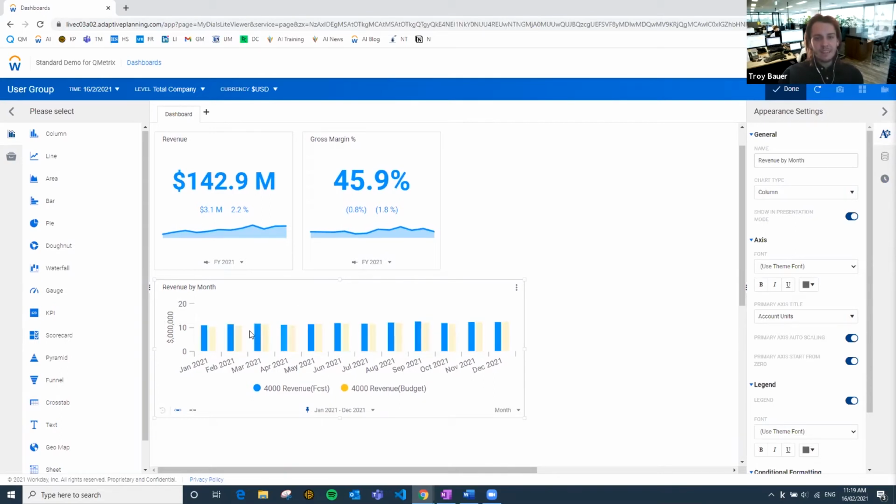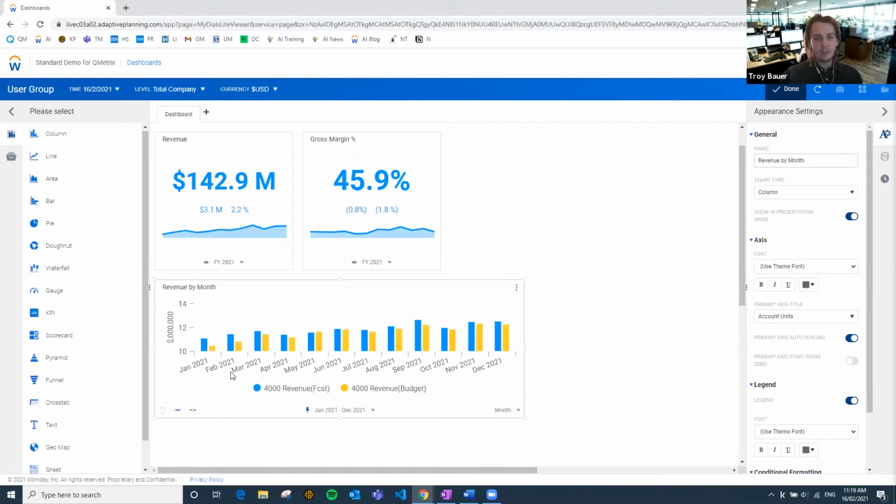It's very hard to see differences to the naked eye as to which column is bigger than the other. To exaggerate the differences between the columns, there is a setting in the appearances called primary axis start from 0. Now we can deselect that, and that's going to change the y-axis scaling, and it just exaggerates the differences there.